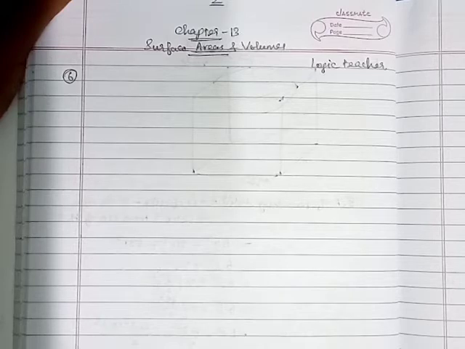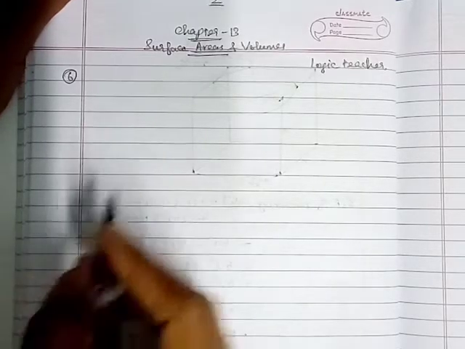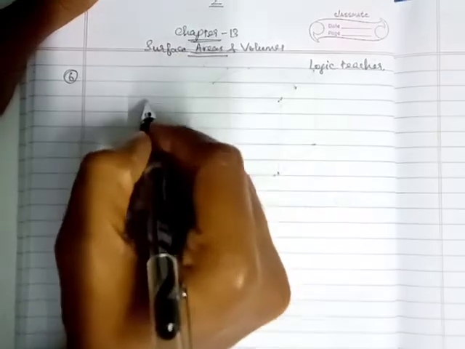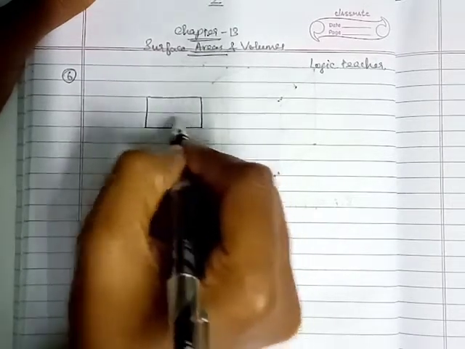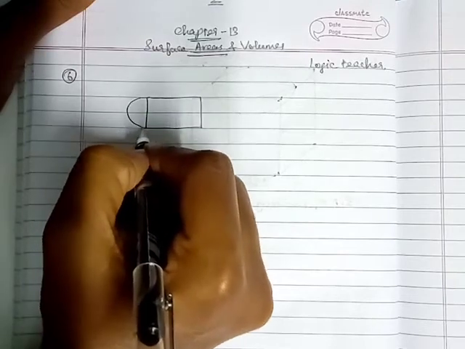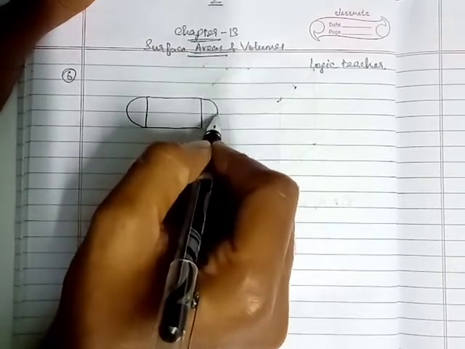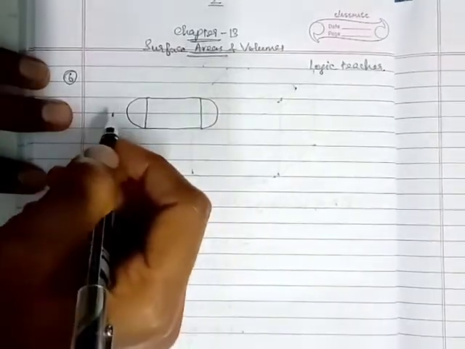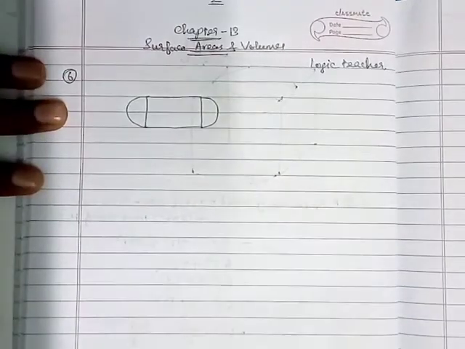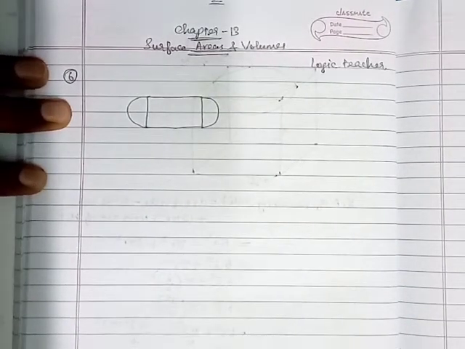The question is, a medicine capsule is in the shape of a cylinder with two hemispheres stuck to each of its ends. Okay, there is a medicine capsule. Normally we know that shape, right? This is a cylinder which is stuck with hemispheres at two ends. Then see figure 13.10, that is being given, and the length of the entire capsule is 14 millimeters.